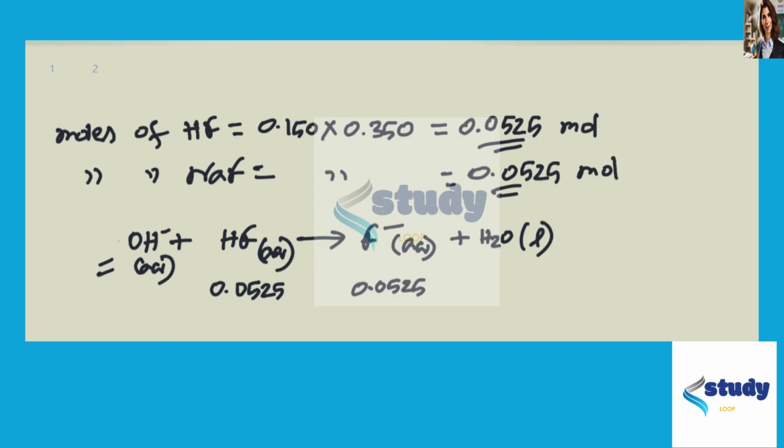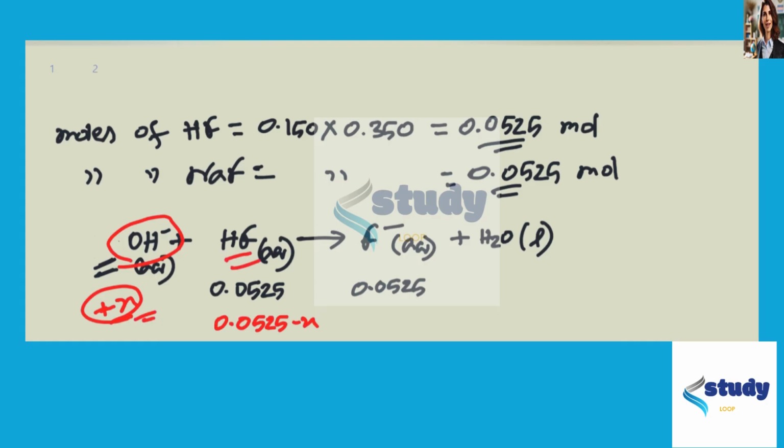Now we have to find out the amount of base we are adding here to fulfill the condition. So if we consider that we are adding x mole of this base, then after the addition of this sodium hydroxide, our number of moles of acid will be 0.0525 minus x